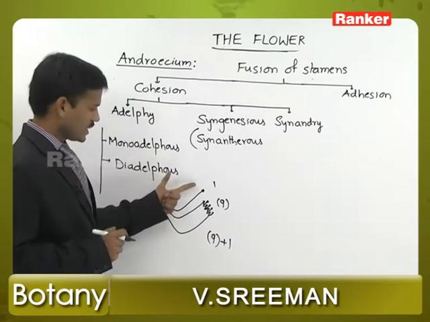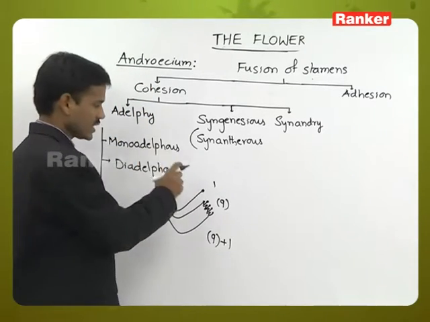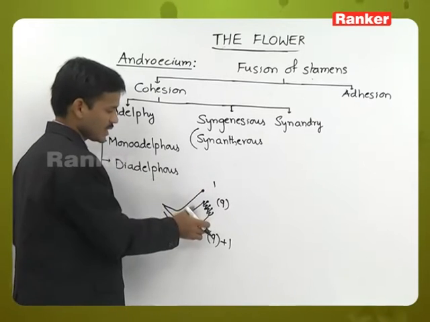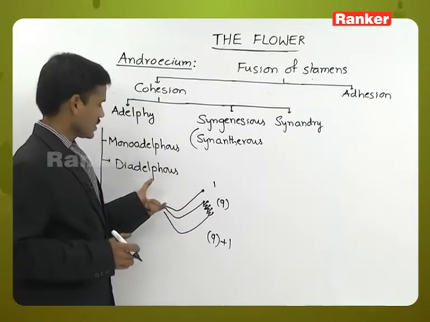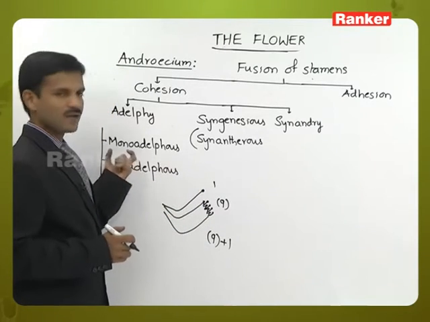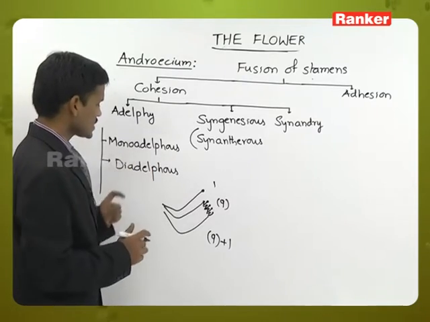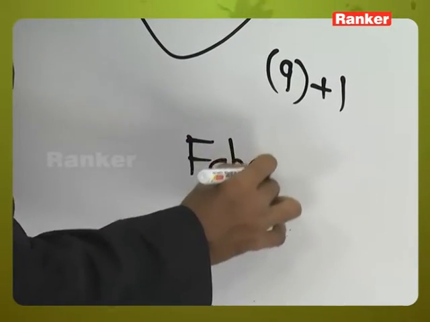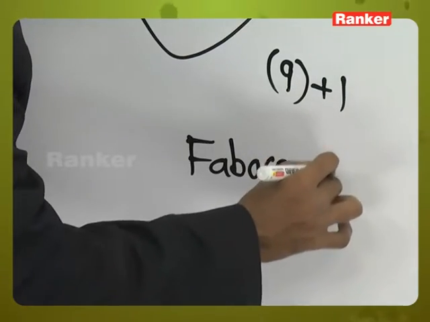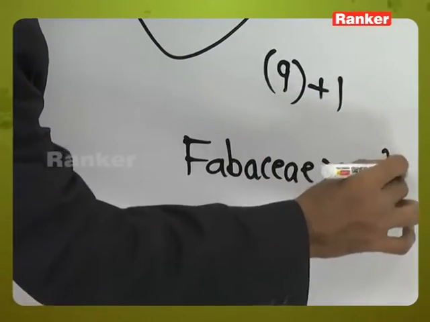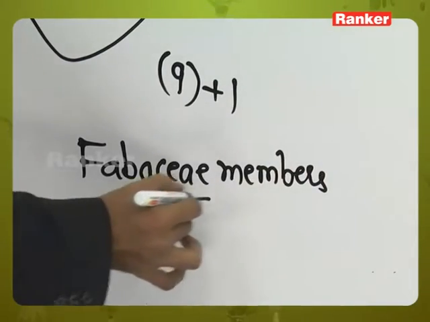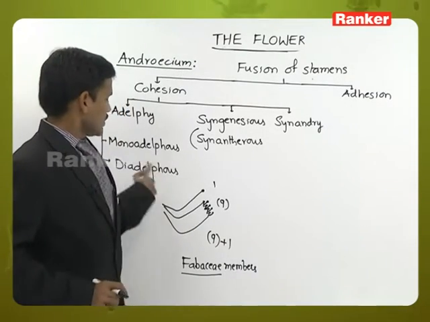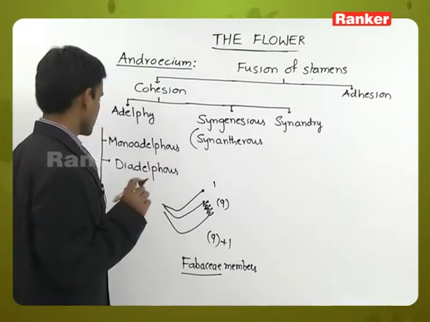It is one bundle. Though it has a single stamen, it is one bundle, and the fused ones are another bundle. Two bundles are there. So that's why it is called diadelphous condition. It is observed in the Fabaceae family members. So, diadelphous condition. Next, the third type of